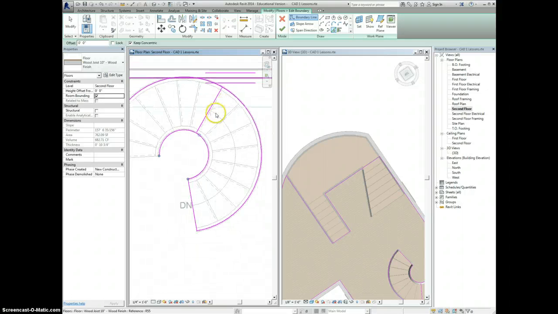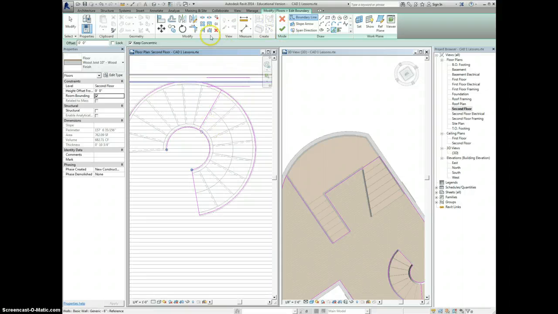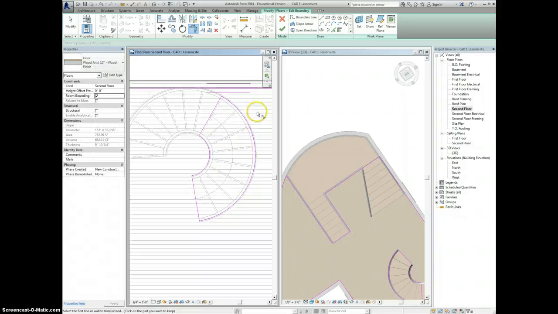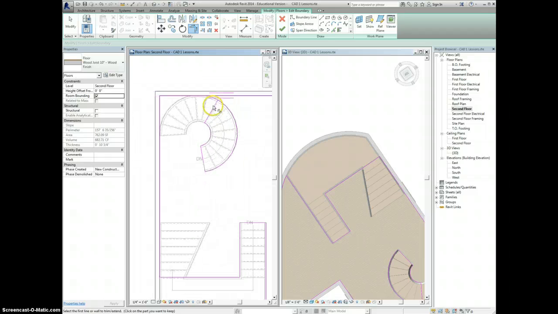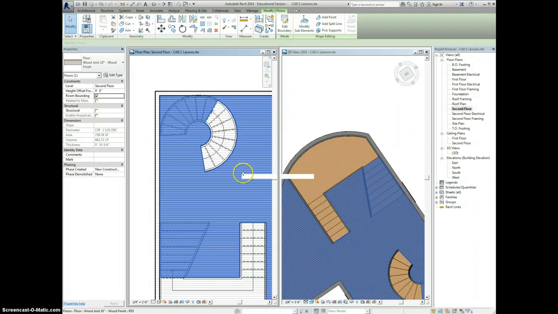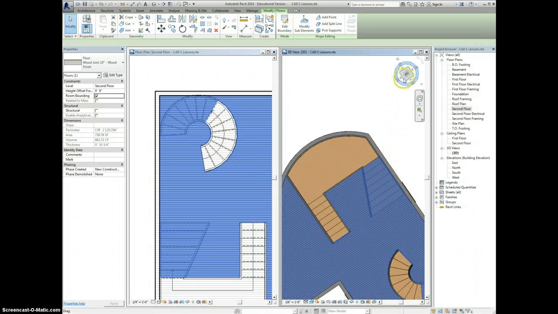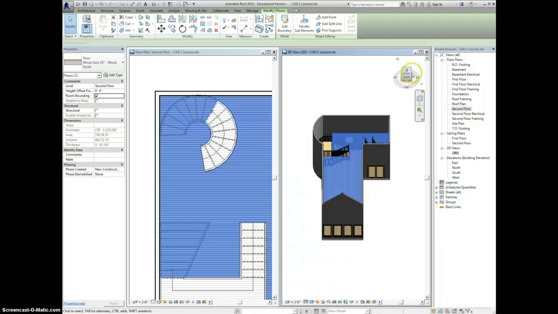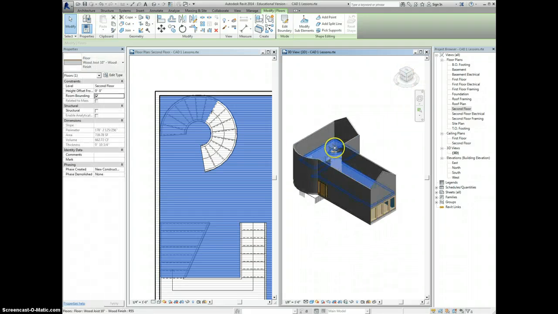Okay. Let's trim off the stuff that we don't need. And again, the way that I'm doing this, I'm clicking on the two parts that I'm keeping and leaving the part we're getting rid of on the outside. If I check that, here in our 3D view, see we now have an opening,